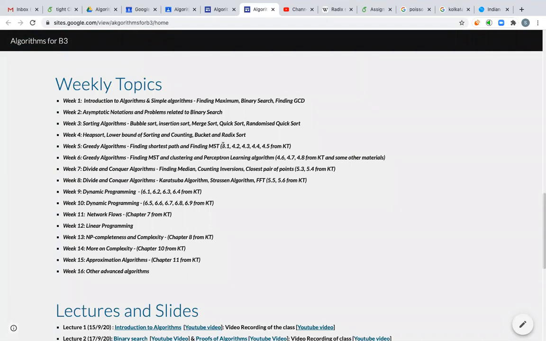And it is from the subsections 4.1, 4.2, 4.3, 4.4, and 4.5 of Kleinberg-Tardos, the book that has been assigned for this course.